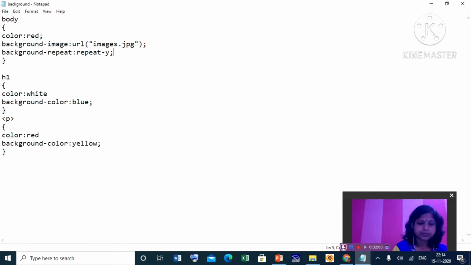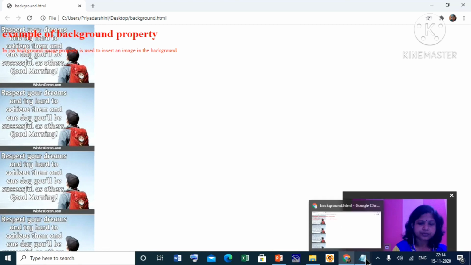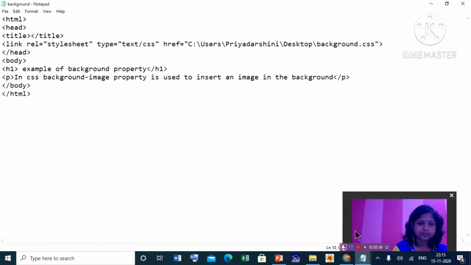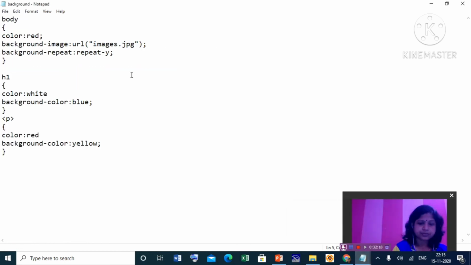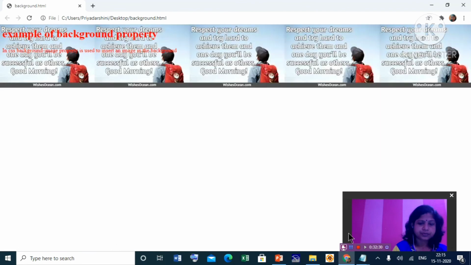Save. Because it was already horizontal, now it is vertical. Now if we make it repeat-x, then it will be repeated horizontally.